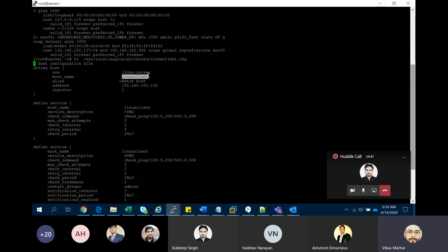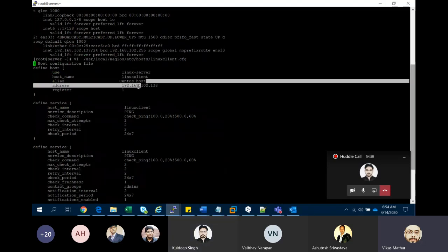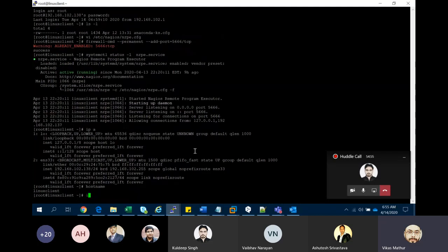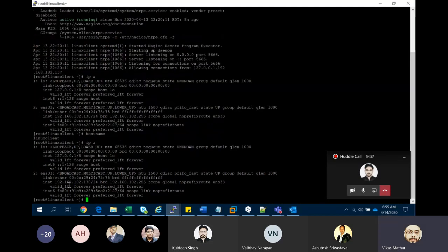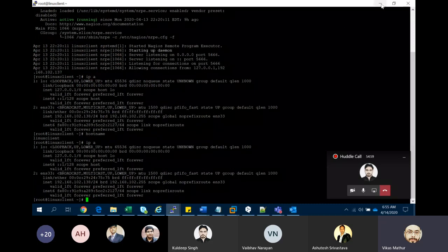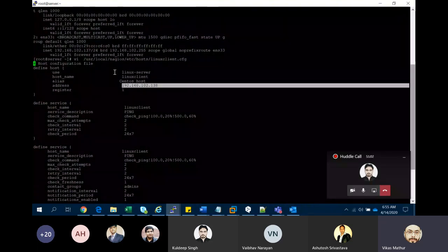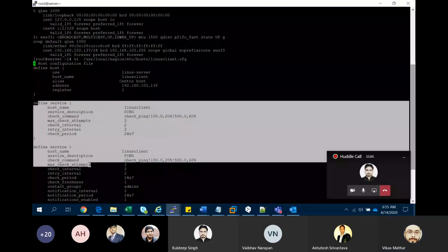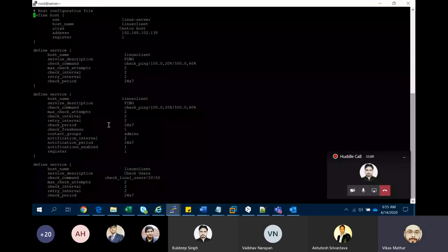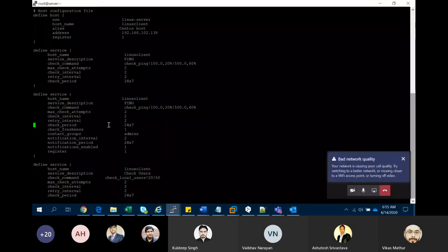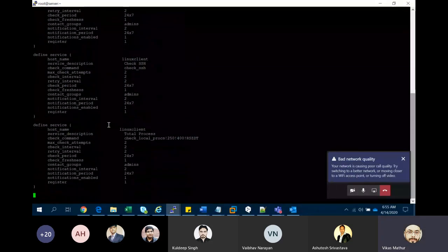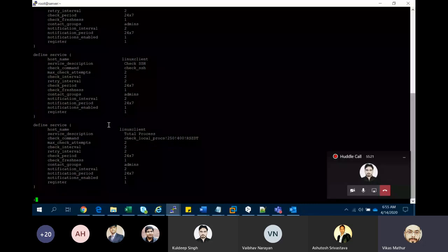I am changing the IP address of my host Linux machine to 192.168.1.38. I'm just typing it, and you need to make changes over here. These are the predefined things. Very different types of services are already defined over here.